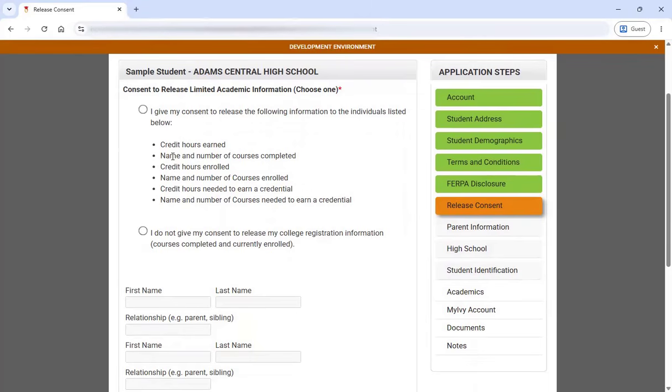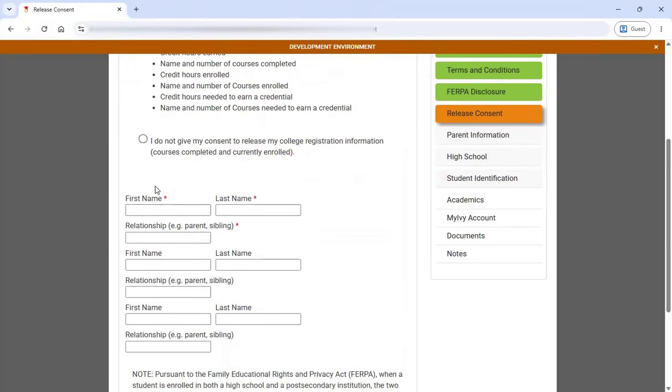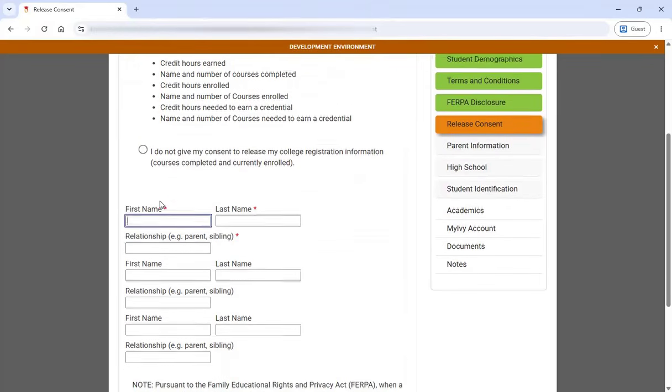So if you know that your parent is probably going to want some information from Ivy Tech about how you're doing, you're going to need to give consent using this first button. And it'll let you know here exactly what types of information you are consenting for us to release information to. If you give consent, then you need to provide that information on who we are allowed to release information to